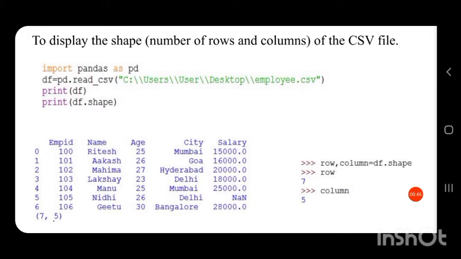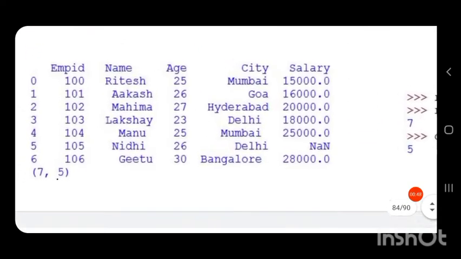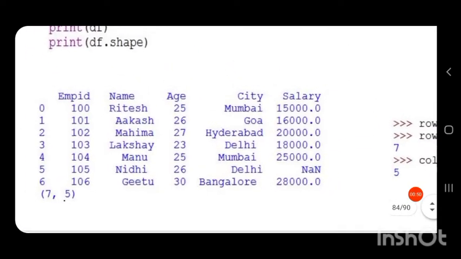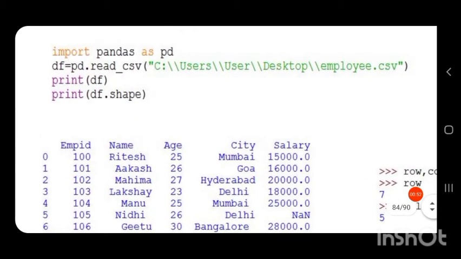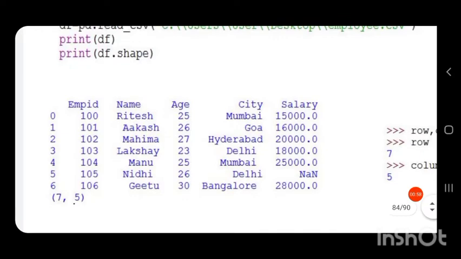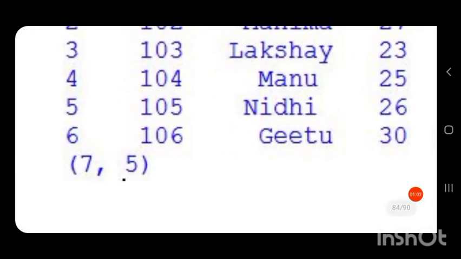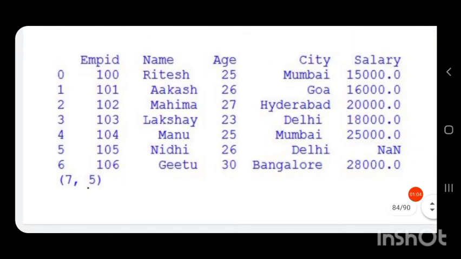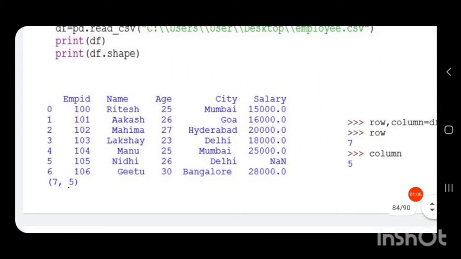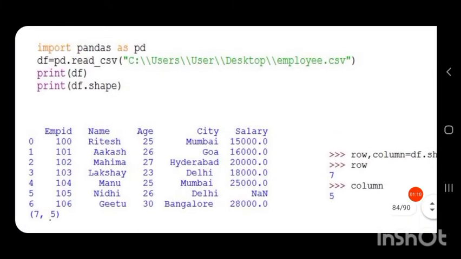Then after printing the data frame df, the output will be like this. And when we print df dot shape, the output obtained is 7 comma 5, that is 7 is the number of rows and 5 is the number of columns.